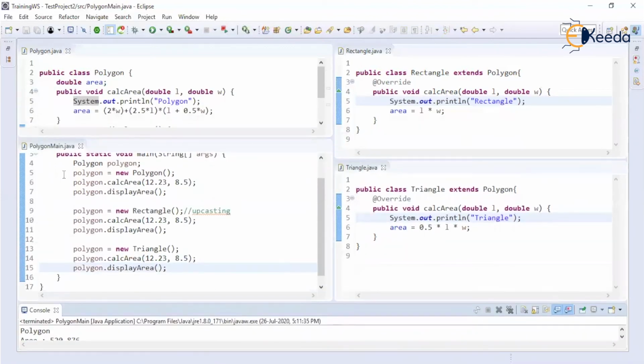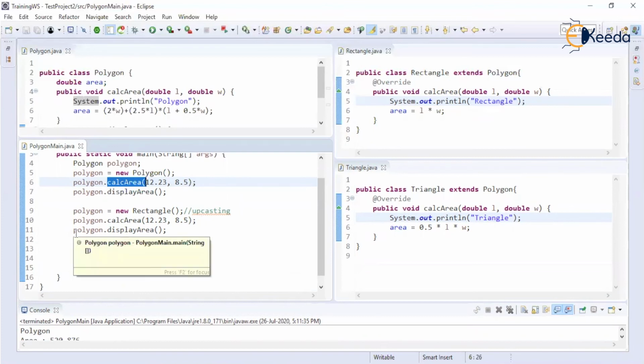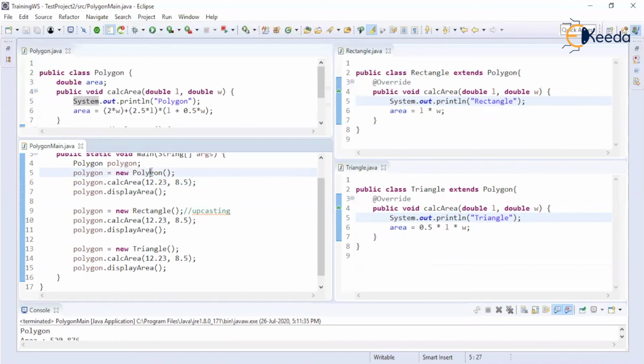That means when this object is created, the calc area method of polygon is being executed. Now, by looking at this code, you might feel that here first an object of polygon is created, now an object of rectangle, now an object of triangle. So how have we achieved runtime polymorphism through this?